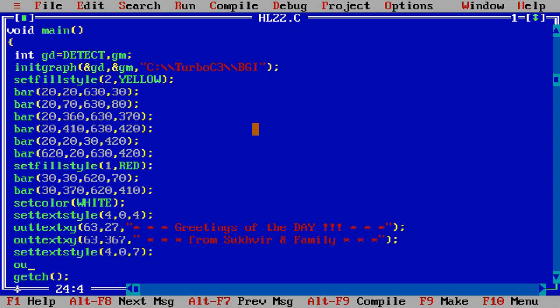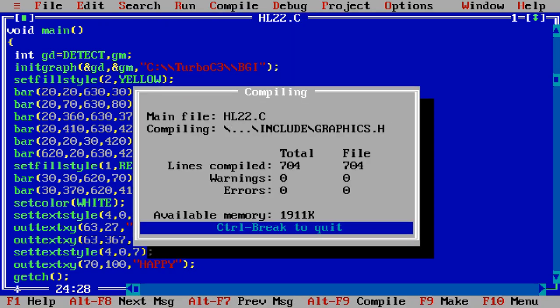Suppose 7, then outtextxy, and inside whatever the value is required, let it be 70, because already I am writing 63. Let the value of x is equal to 70, and value of y 27 is already there. Let's check with 100, 70 and 100. Suppose I am writing only happy. Let's execute the program so that I can